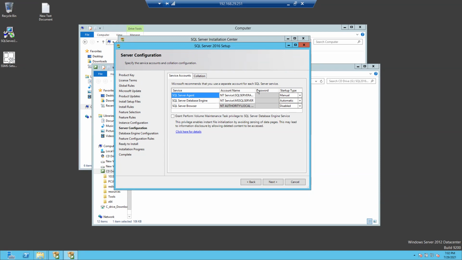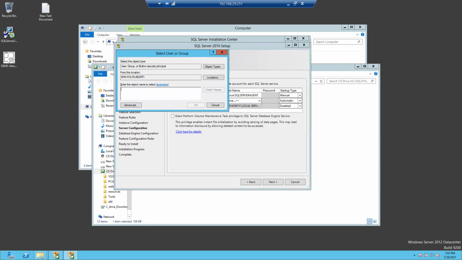See here, generally in companies, this is the account name, right? SQL Server agent account name, SQL Server database engine, and SQL Server browser. Three services will be installed. One is the actual main thing, database engine services. Both the agent and browser will be dependent on this database engine service, where you will be having databases. Okay, you're able to see NT server and NT service. These are the default accounts that will be coming when you're installing SQL Server. So if you need to go with another account,